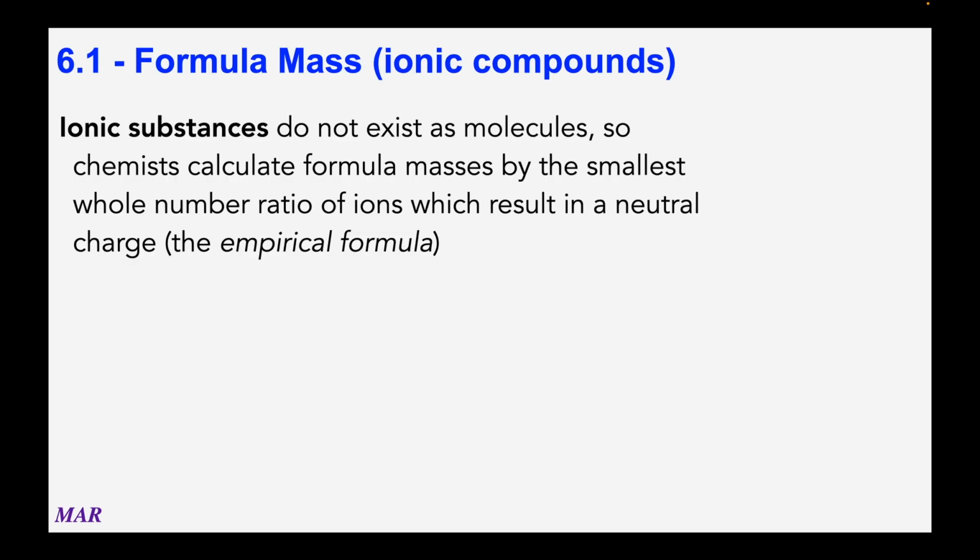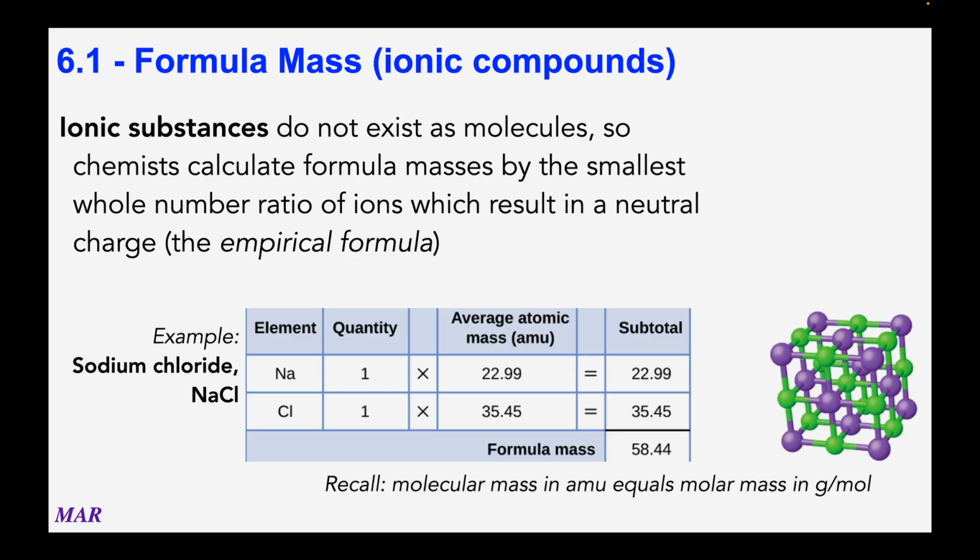In an ionic compound, you don't really have discrete molecules, but you do have smallest units that repeat each other over and over again, like an empirical formula, if you will. So for sodium chloride, in the lower right-hand corner, that kind of cubic thing, that's really what happens when you have sodium and chlorines next to each other. It's not an individual sodium and an individual chlorine, but it's repeating NaCl, NaCl, NaCl. And it's all 3 dimensions, up, right, left, forward, back, all those different ways. So chemists refer to the formula mass of sodium chloride as having 1 Na and 1 Cl,